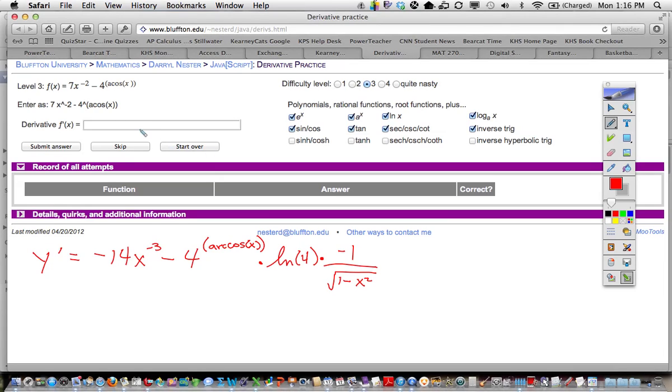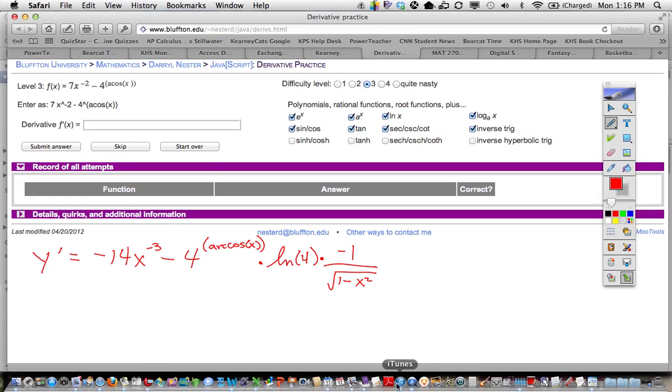All right. Here's what I got so far. Any problems with that? Where'd the ln4 come from? We have 4